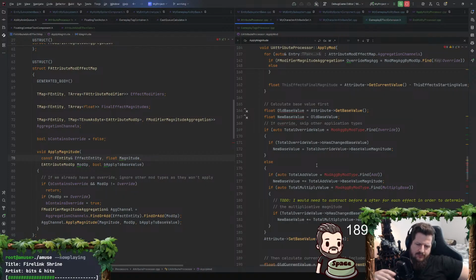If I have an instant effect that overrides health, am I saying that I want to set health? I don't care what any other effect does for this frame. I am setting health to a particular value, and it should stay there. Actually, I think that should only apply to base value in that case.